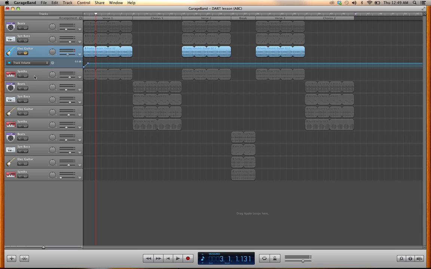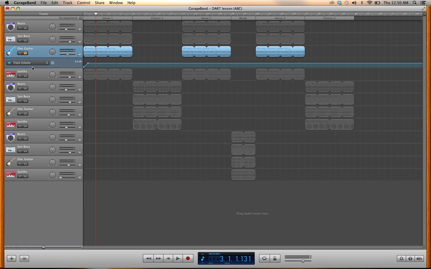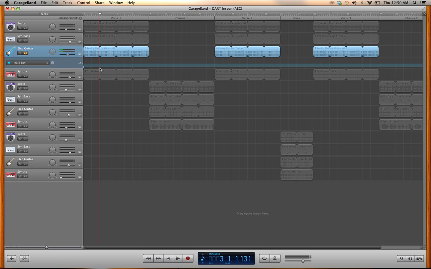You click over here, you're going to do a track pan, and there's other automations you can add. You can add automation for echo and reverb. There's a few other things we can do too, but let's just keep this simple. So cancel out of that. Let's go for some track pan, and I'm going to start way at one side. I'm going to zoom in a little bit more,